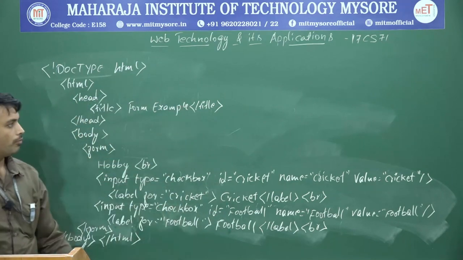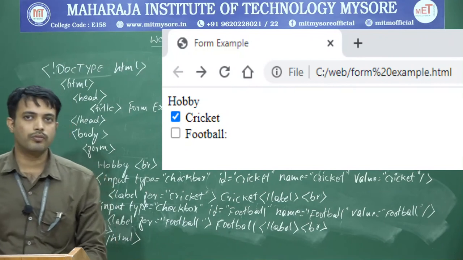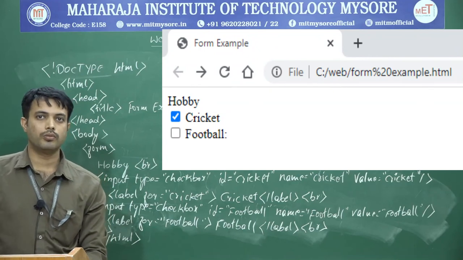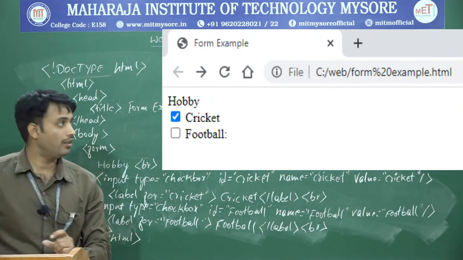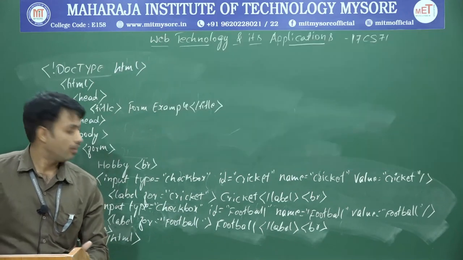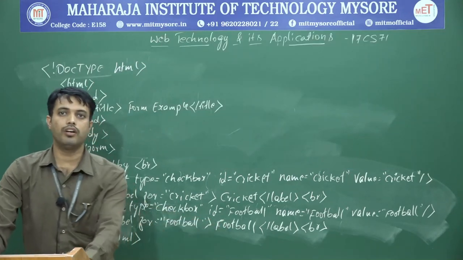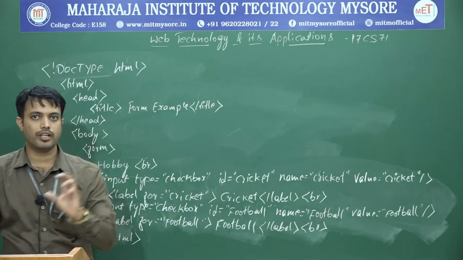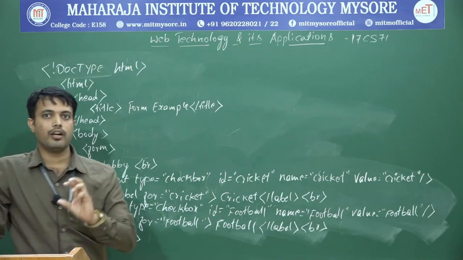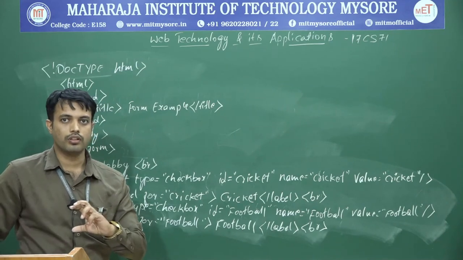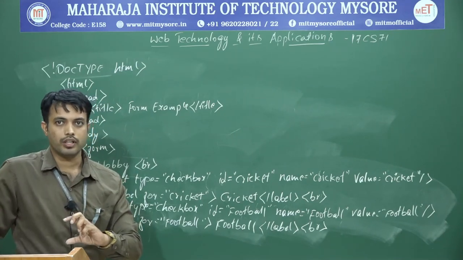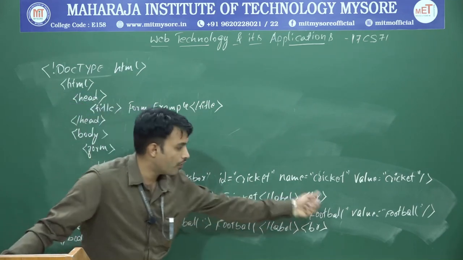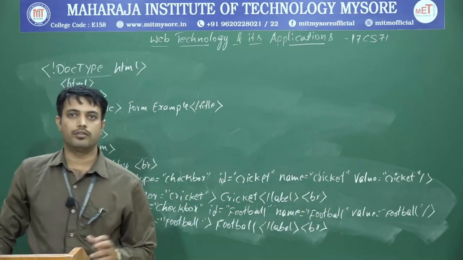Okay, so if I run this program, you can notice that there are two checkboxes: one is cricket, another one is football. Whatever text, cricket and football, you are seeing on our output screen is the label. What about the id of that checkbox? The cricket checkbox id is cricket only, and the name is also cricket, and the value is also cricket. Fine, I'll come to this id, name, value in detail when we discuss